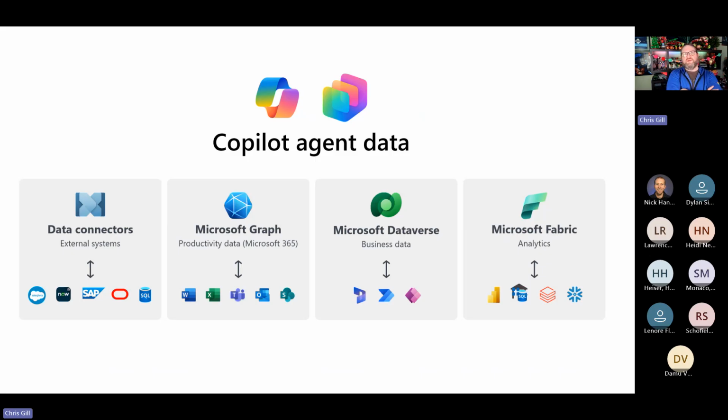So think of big data, other components that you may be shuttling over from your M365 environment. So from that perspective, we have the ability across all of this data to bring in not only Microsoft-only connectors, but third-party connectors and systems to touch and utilize this data within the agent framework.